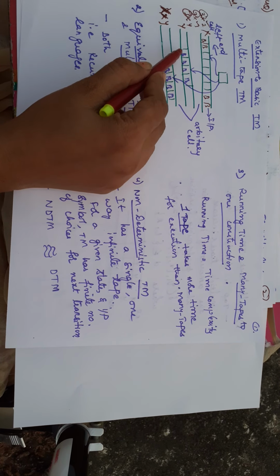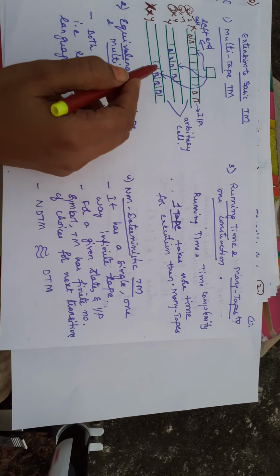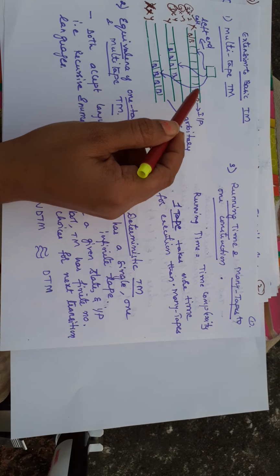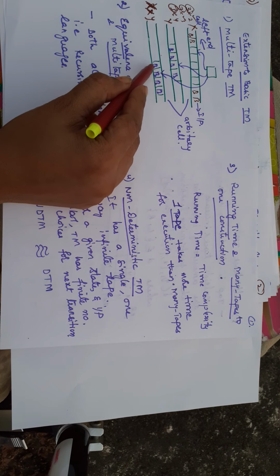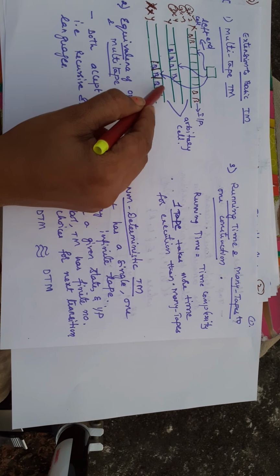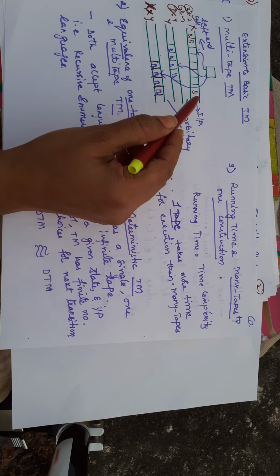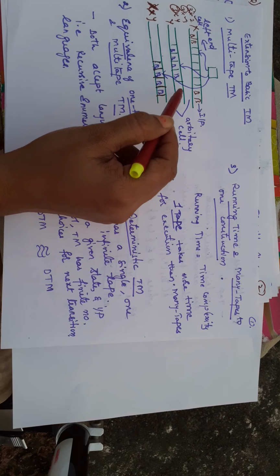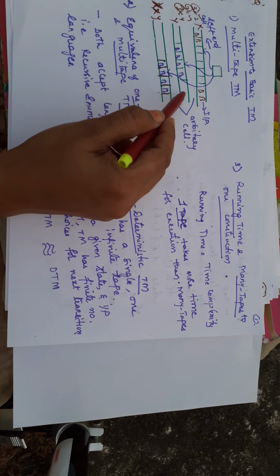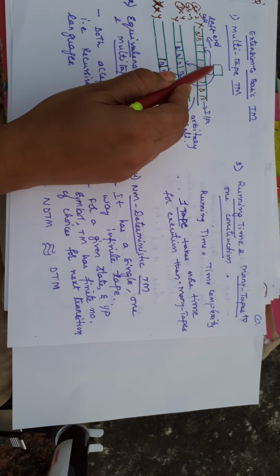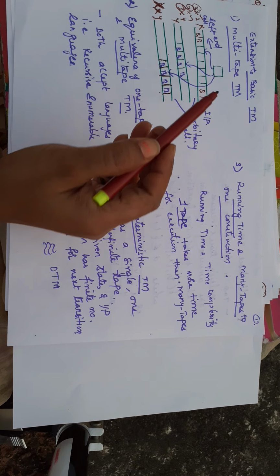In the second tape every cell will be blank. When you keep the second input, these blanks will be eliminated. And in the third tape, when you find the product of x and y, or any operation which you apply on the two inputs, whatever output you get is placed in these blank cells. In the third tape also you have blank symbols. Except in the first tape, the second and third tapes contain blank symbols, and their read-write heads can be at any position of the cell, whereas in the first tape the read-write head will compulsorily be in the leftmost cell where the input has to be started. This is about the multi-tape Turing machine.